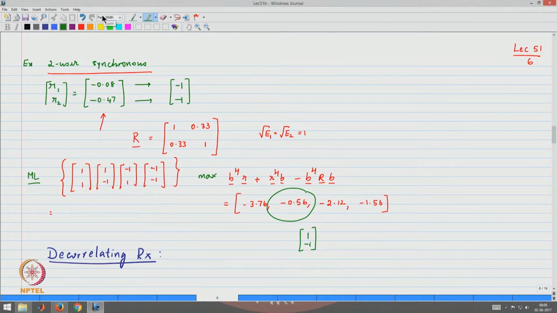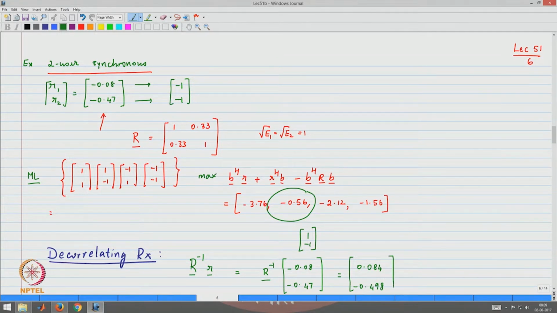Now, for the same problem, if we had used the decorrelating receiver, which is R inverse times R, this would be the same as R inverse times the vector that we have received, minus 0.08, minus 0.47. Please do compute the R inverse matrix, and you can find out that R inverse R comes out to be 0.084, and this one corresponds to minus